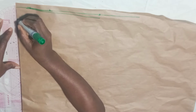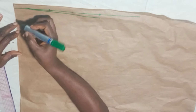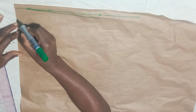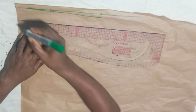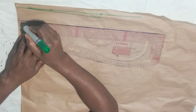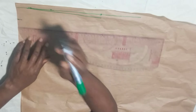Now if you observe, you will see that the neckline of this one looks like 4 corner. If you want it to be 4 corner, that means you will measure like 2 inches inside. That's why I like this particular style. It has different things we could talk about. It's not just straight. So you measure 2 inches inside this way and connect it with a straight